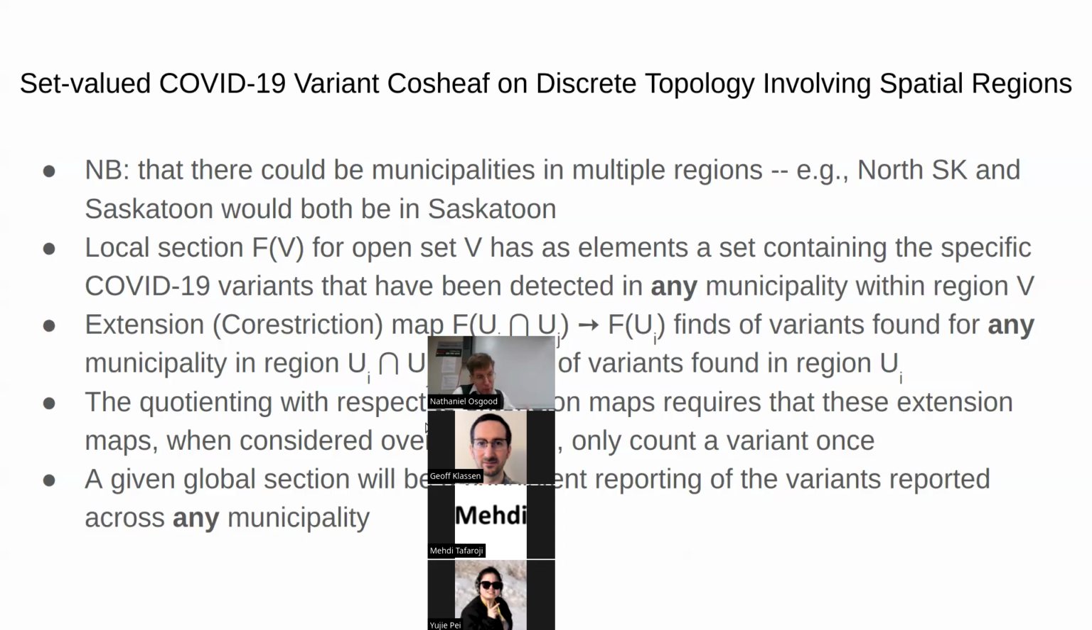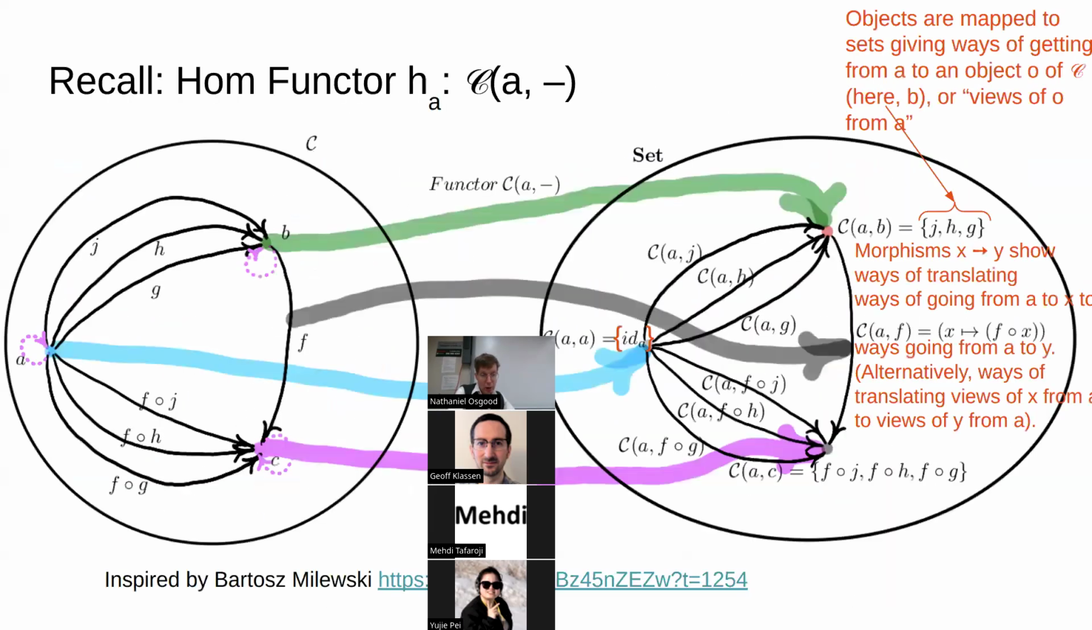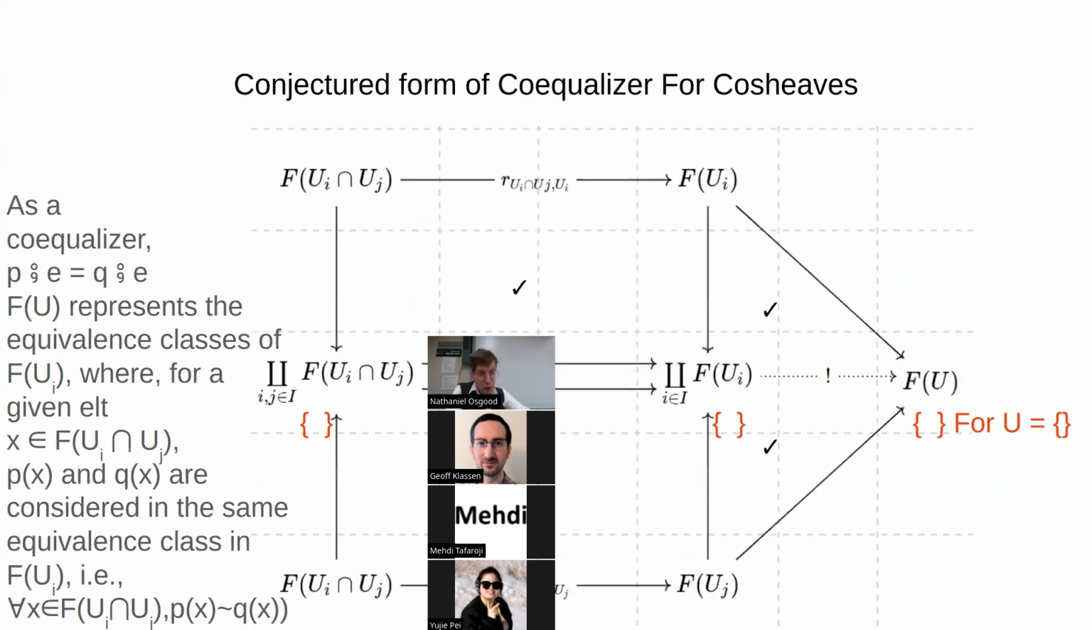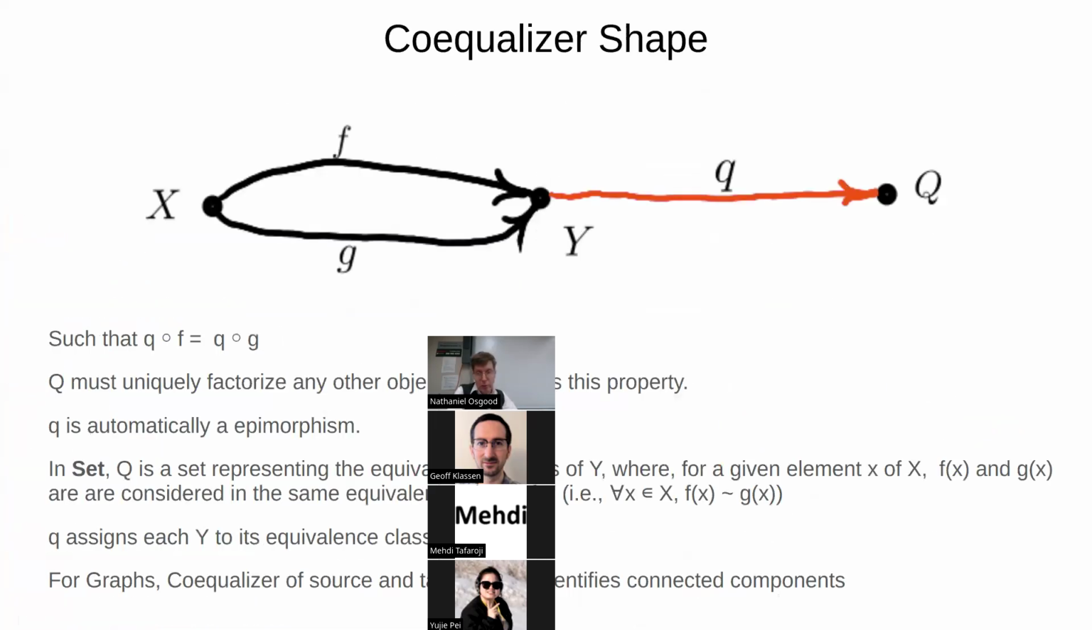So the quotienting with respect to the extension maps, in fact, it's kind of a pushout-y thing, means that if it comes from F of U_I and F of U_J, we only count it once, right? We count it as the same, or glue around it. And a global section is consistent reporting of the variants reported across any municipality. So these are our cosheaves. Okay. Now, yeah, so those are flavors of